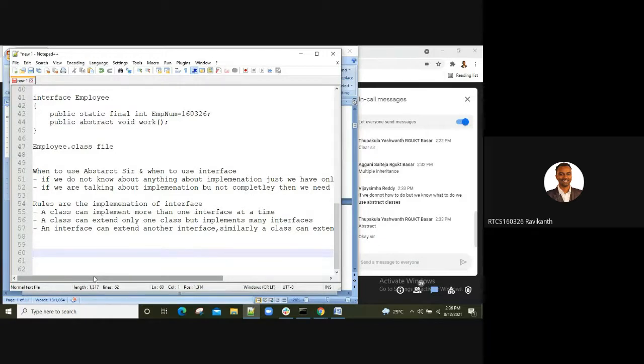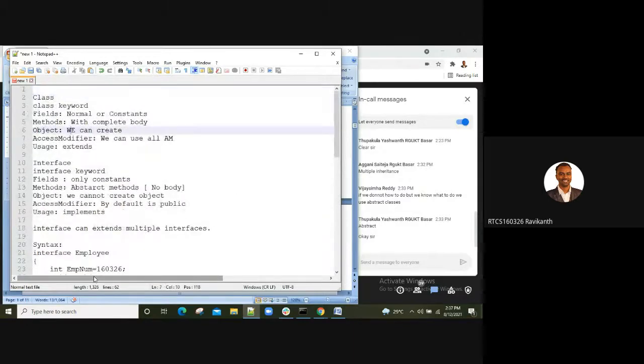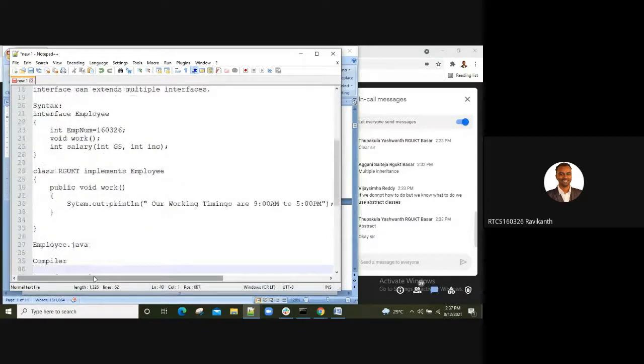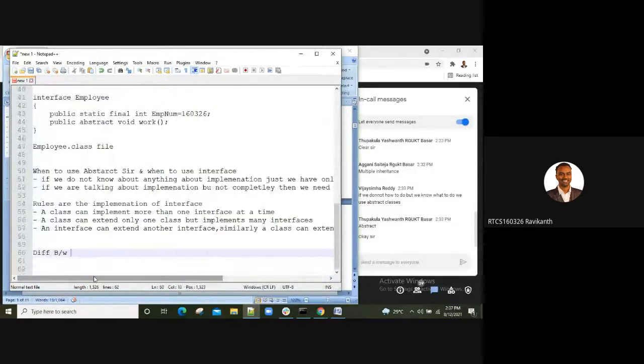Now students will have a doubt, like, sir, I am still a little bit unsure. I understood the difference between a normal class and an interface. Now, can you please elaborate on the difference between abstract class and interface?